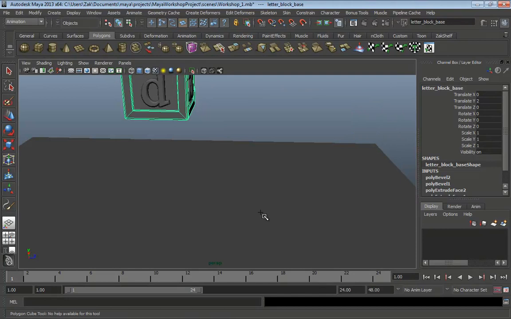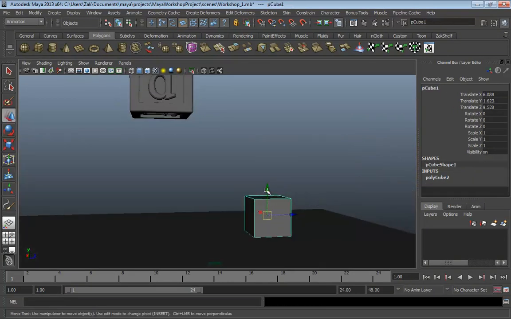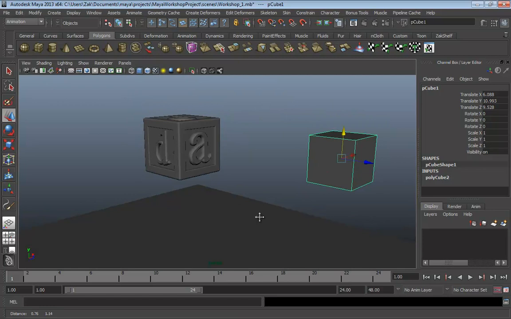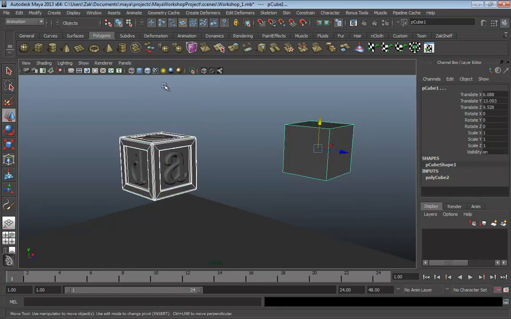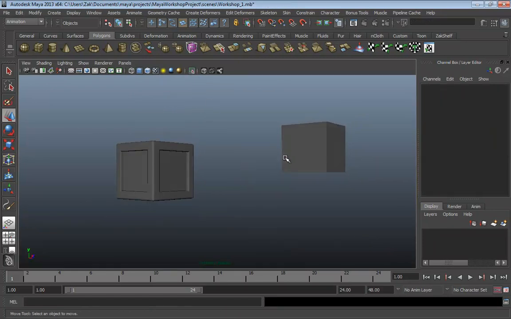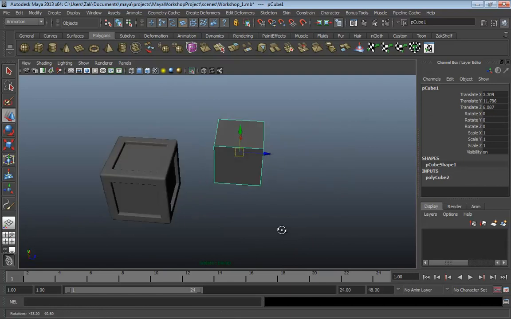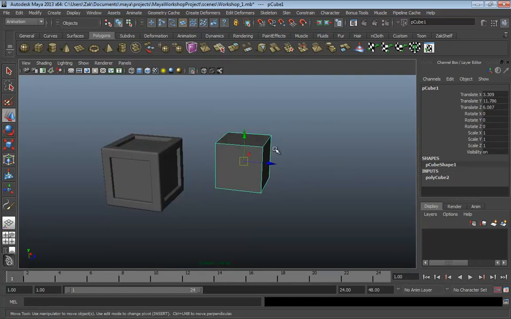So here's the way I'm going to do this. I'm just going to click on my cube button, X and Shift, and make another one which is very much like the one that we had before. So I have these two cubes, one that has been modeled and one that hasn't. So let's grab both of these, and I want to isolate select so that this is all we're really looking at. Now with this cube selected, and this is just one object, you understand, it's just a cube,